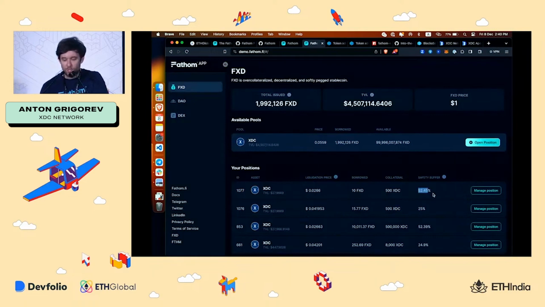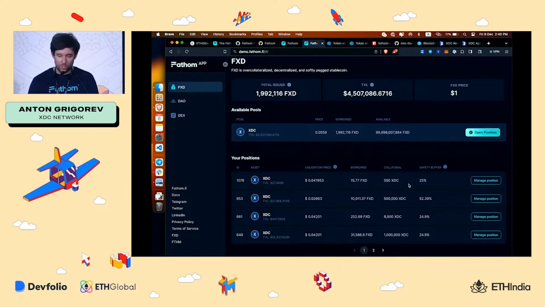So I repaid my position. Hopefully it disappeared. Again, we will be launching more projects for Fathom vaults, where you will be able to collateralize, borrow FXD, and use FXD to get yield in the stable asset.